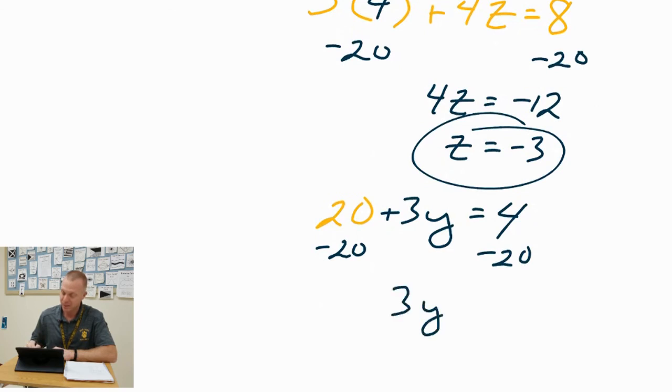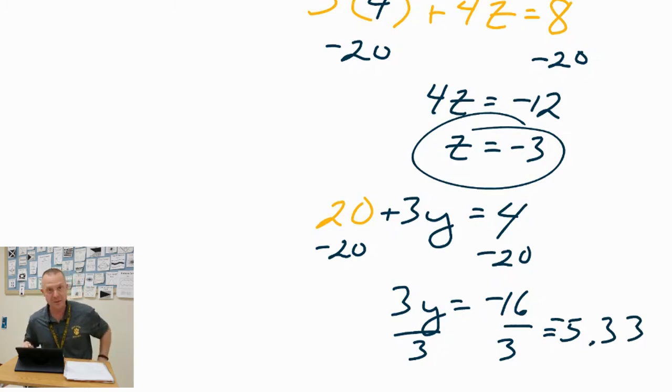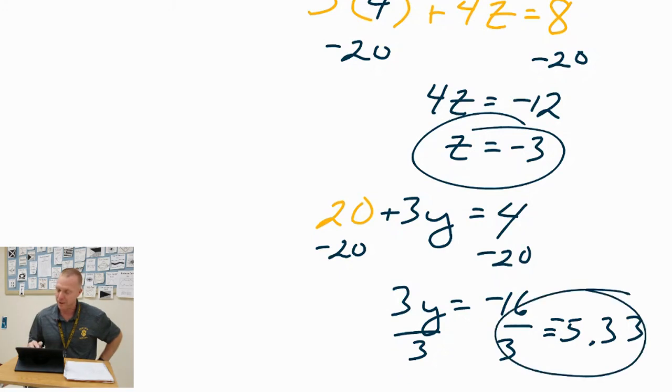Now, it comes out to a decimal. Sometimes people think that means they made a mistake. No mistake, you're fine. If you want to turn it into a decimal, negative 5 1/3, you can also leave it as negative 16 thirds. But the truth here is that we have our three answers for x, y, and z,